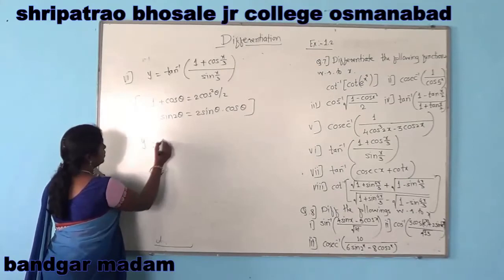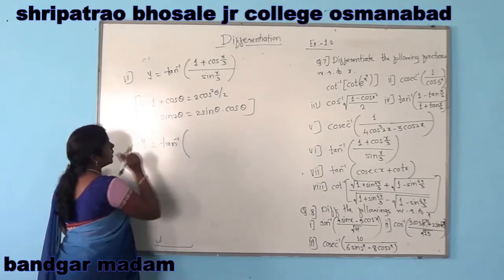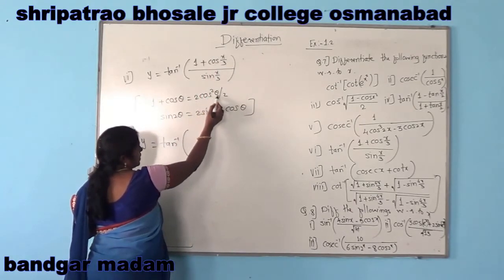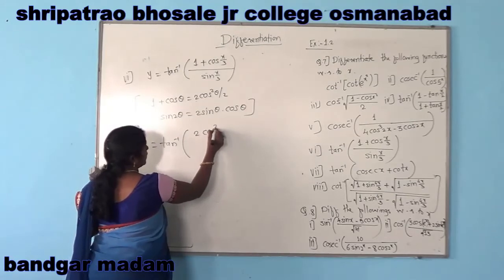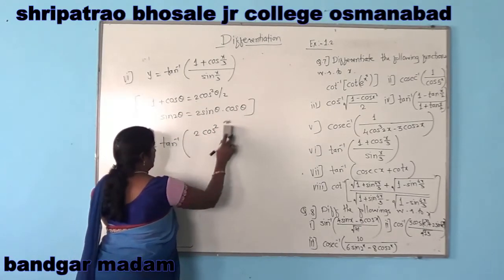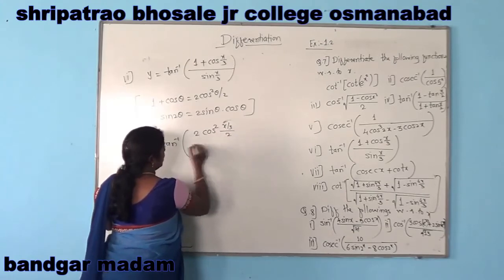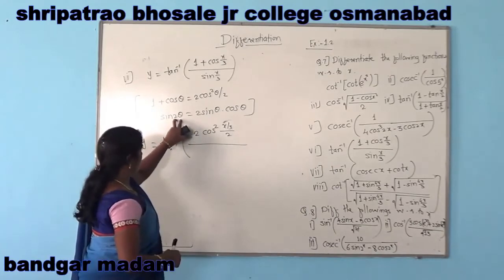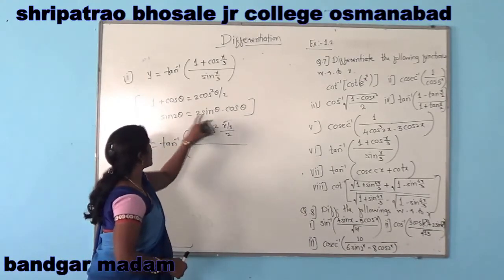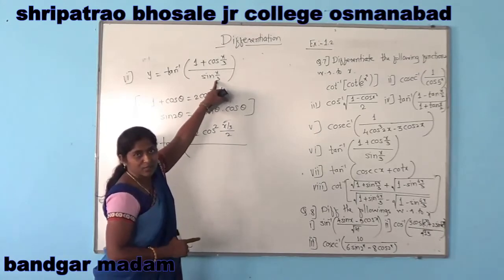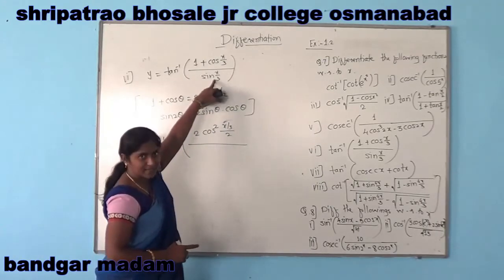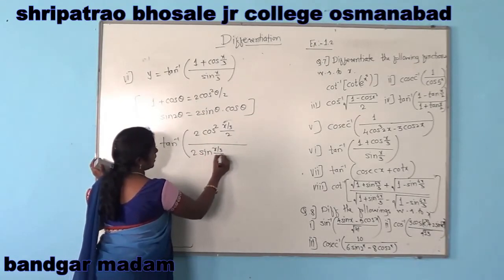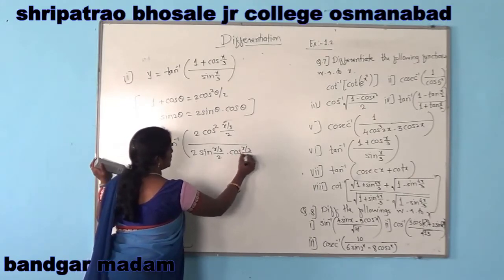So y is equal to tan inverse of 1 plus cos theta, where theta is x by 3, we have to take 2 cos square theta by 2, so 2 cos square x by 3 upon 2, upon sin 2 theta. If there is a double angle, we have to take the half angle of this angle. Here there is angle x by 3, so we have to take half of x by 3, that is x by 3 upon 2. So we will get 2 sin x by 3 by 2 into cos x by 3 by 2,